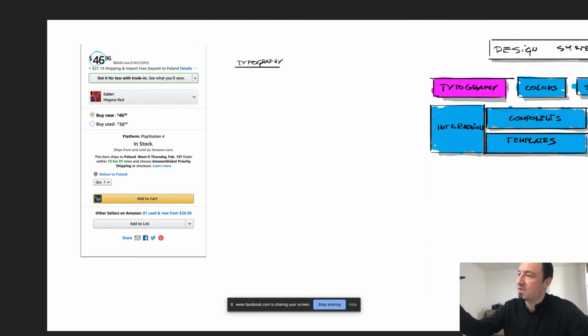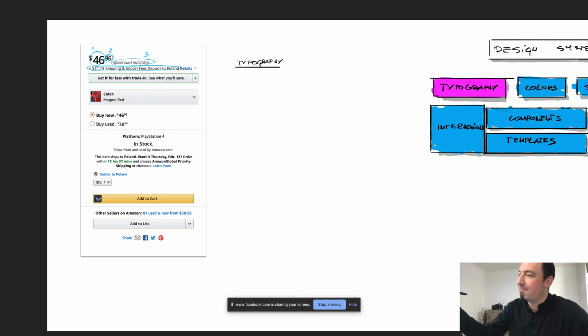and first things first, I'm going to list out how many fonts this specific panel is using. So we have the 46, which is one typeface and the size of the font. It's pretty big, it's pretty bold, so that's one. Then we have this one, which is like a second one, and I think it correlates with the S here as well, so it's like number 2. Then we have this italic light gray font, which is like number 3 when it comes to the style. Then we have this little aspect here when it comes to this shipping and import fees, and that's not italic, and the gray is slightly different from this one, so that tells me that this element is actually number 4,